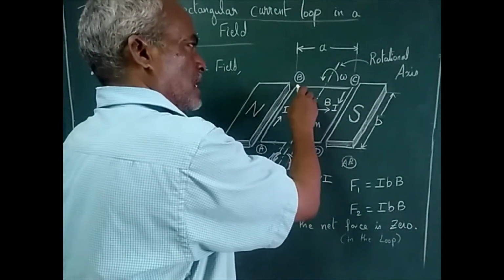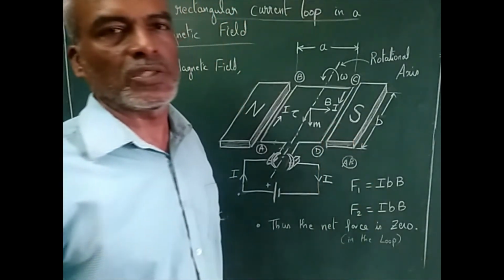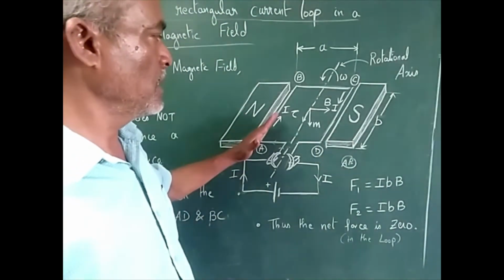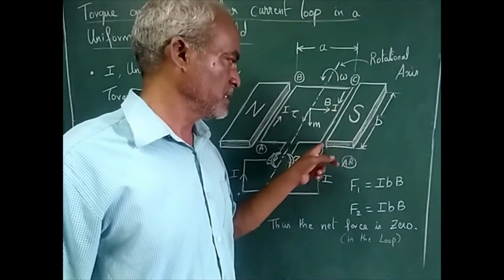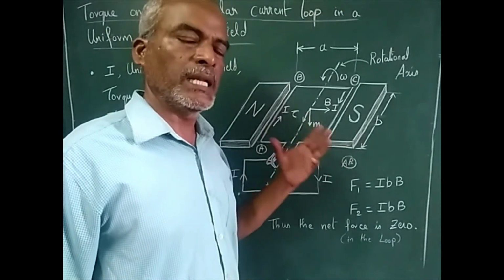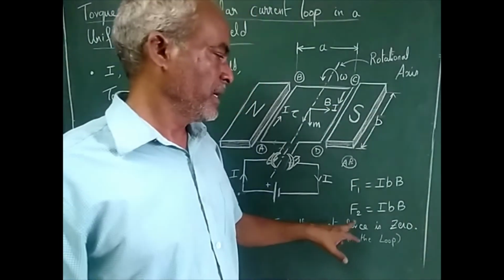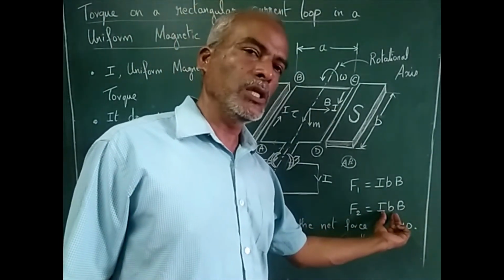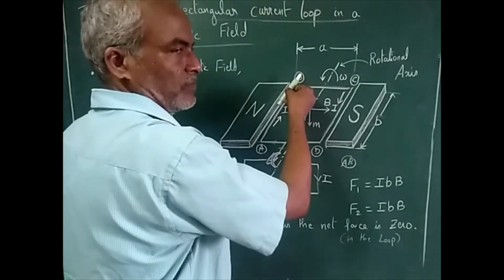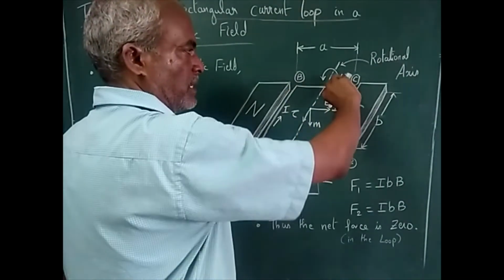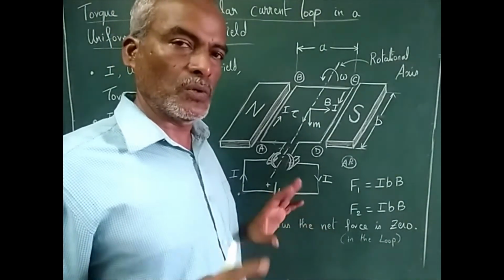Then there is no force in this direction, and once again from C to D it experiences a force, but it is in the opposite direction to that of AB. So force F2 is once again, with current I flowing in this path, the current element, or integral multiples of current element, which covers the distance B, given by IB into the magnetic flux density. So now the force developed because of this current element and that current element are opposite. So the net force is zero.